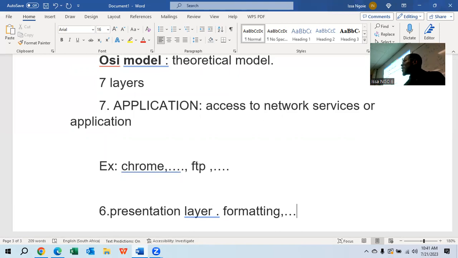So guys, you can even explain to your best friend at home, your husband, your wife, your girlfriend, your boyfriend: what are you doing for the first time when you want to access another computer? First, you go to Chrome, to a network service, something that will allow you to access. This is the application layer. When you are done from there, what you are going to do? You must start typing, start your research. Now, there must be a layer that will make sure that you are following certain rules when it comes to the presentation. How are you presenting your document, the formatting, and so on? This is the presentation layer, right?